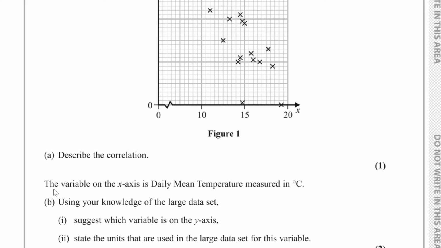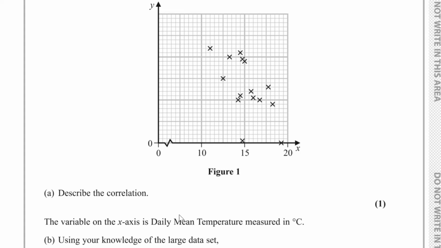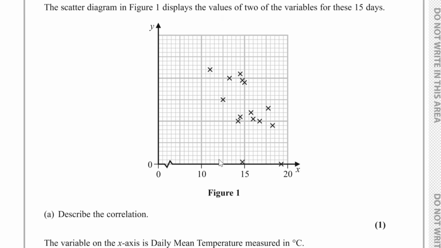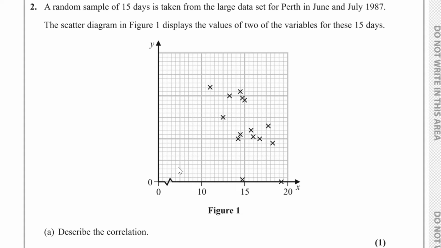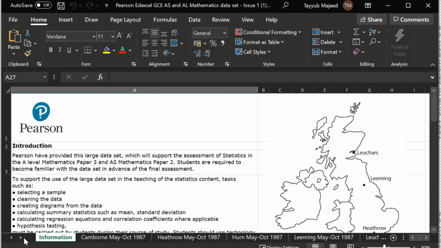Now for part B of the question, the variable on the x-axis is daily mean temperature measured in degrees C, and using our knowledge of the large dataset, we have to suggest which variable is on the y-axis and state the units that are used in the large dataset for this variable. Now, we said over here we have a negative correlation, and along the x-axis we have daily mean temperature. Now, you should be familiar with the variables from the large dataset. So if we go to the large dataset, we're looking at Perth